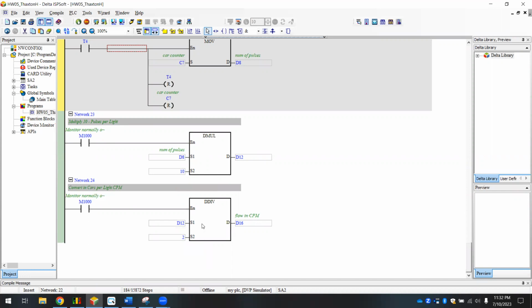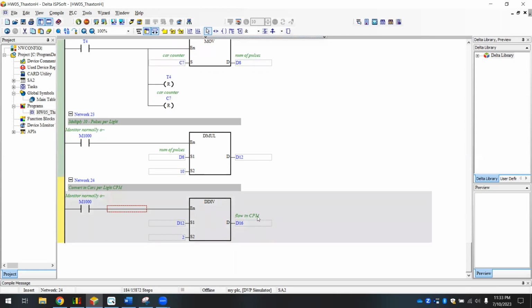So the way we figure is that when we run over the cable, we have front tires and we have back tires, whether it's a motorcycle or a bicycle or a car, the front tires are going to hit it. And for our simulation, we're going to simulate that as one pulse, and then the back tires are going to hit it, and we're going to simulate that as two pulses. So we take the total number of pulses and divide that by 2, and that tells us how many cars. I need to change that. But anyway, now that we went over everything,